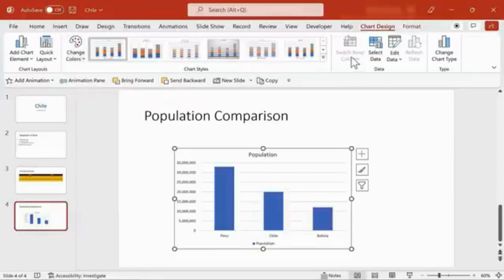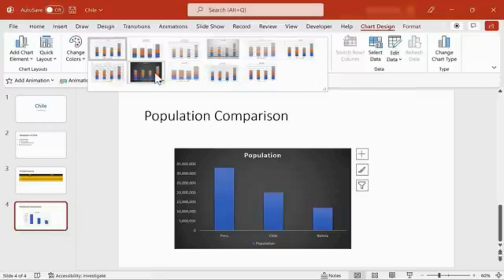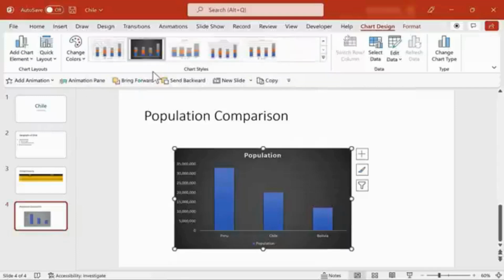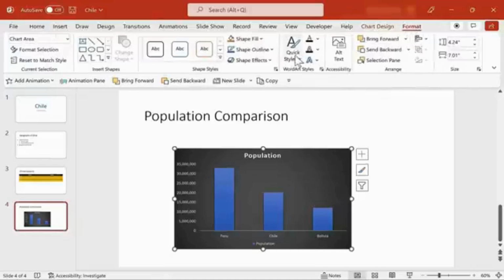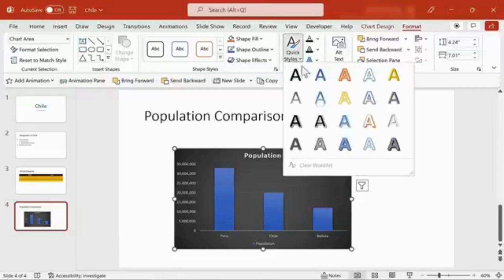There are also chart styles that you can browse through, and if you click here, you get even more chart styles. I'm going to go with Style 8, so I just click. In addition to what I've already shown, we also have some chart format options, including changing the word art styles. So for example, the word population is a word art style, and I can change that up by clicking any